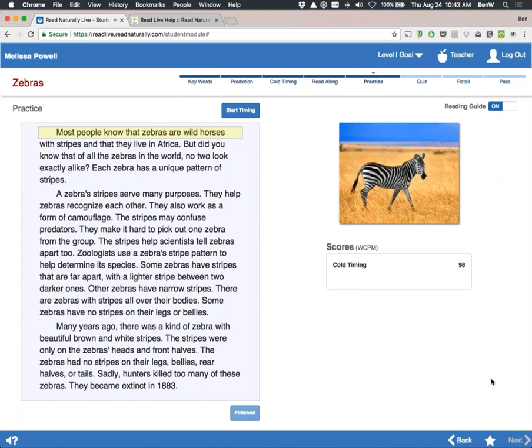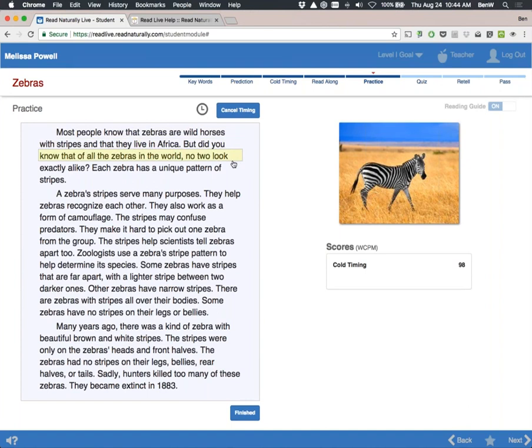Once the student has completed all 3 read-alongs, they'll move forward to practice. During the practice step, students continue reading the story without the support of the narrator. And again, from the Read Naturally strategy components that I mentioned earlier, this would be an aspect of the repeated reading piece. Students are continuing to practice independently. We have a default setting that requires them to complete 3 practices at a minimum. Even if they've met their goal, they have to continue practicing until they've done all 3 practice reads.